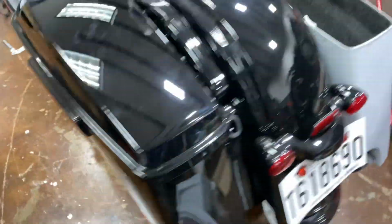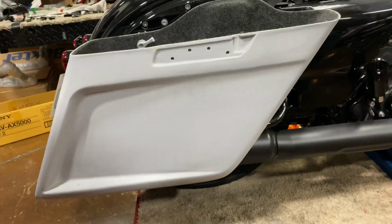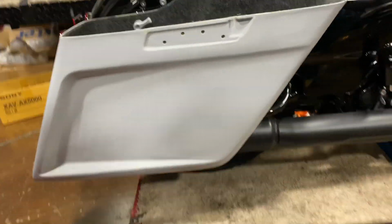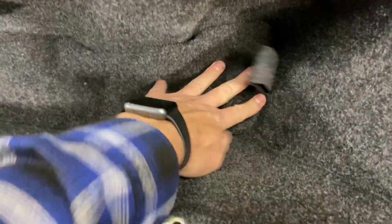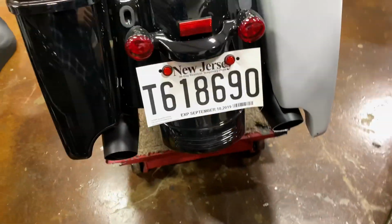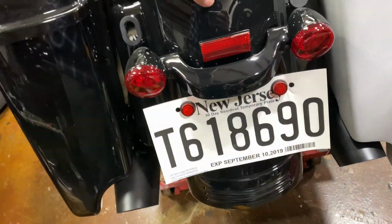the side stretch. So if you look, I mocked it up right here to give you the idea of what it looks like. And then what's nice about Top Shop is you get it all carpeted. You get your false bottom, so it's even carpeted on the bottom right there. You get this guy, just goes right in there, gives you a nice clean flat bottom to store your stuff, nothing gets lost. And then if you look right here, just to show you the difference on the rear, just a little bit longer, but like I said, we switched them to a factory Street Glide rear fender,